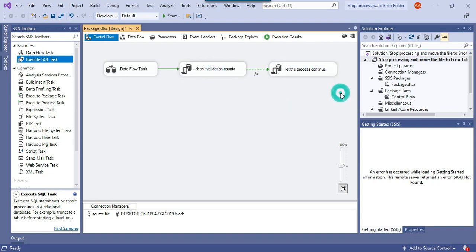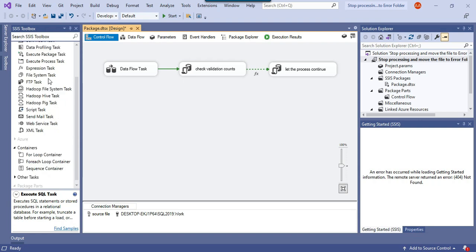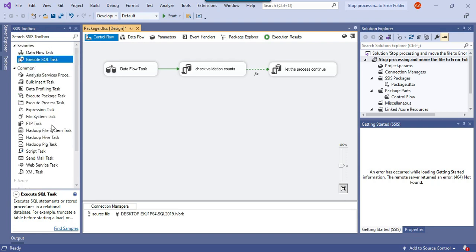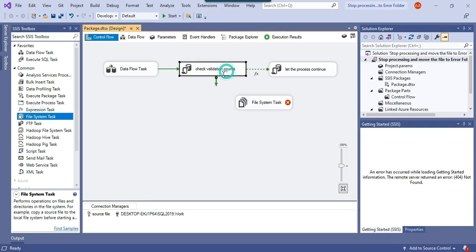Okay, but suppose if the validation fails, then what we want to do is move the file to the error folder. So to move the file we will be using the file system task. So let me just drag and drop the file system task into the control flow window, and we can just connect the check validation counts execute SQL task with the file system task, and then we can just configure this